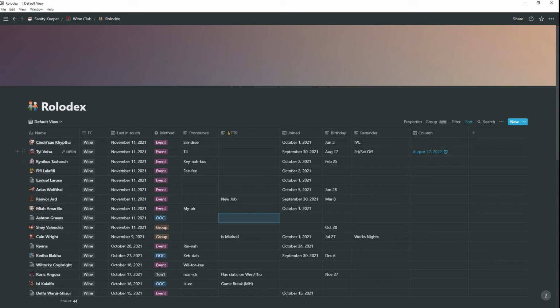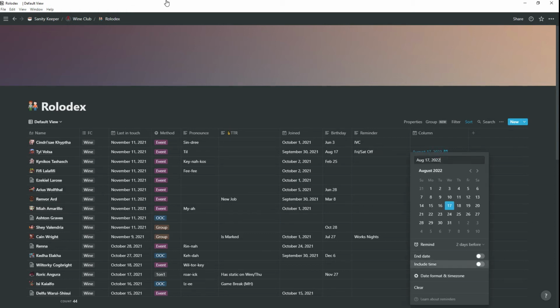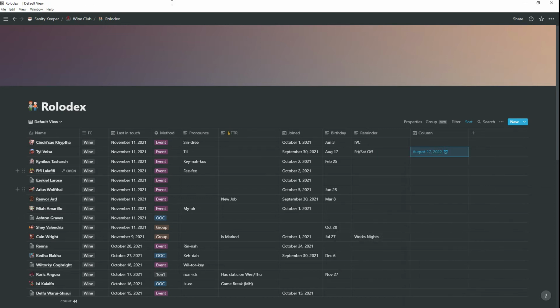See, one thing that you can do if you're interested is you can put in those reminders. So right here, I have a reminder set up for Till's birthday next year with a 2-day reminder, so that way I can at least make sure that I do something beforehand. I should really, hold on. Let's make that a week before, so I can at least send a card.